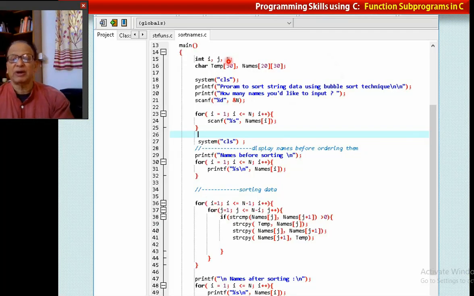So here I show you what I have written. We declare, please remember, temp is a character array, whereas names is a character matrix with 20 rows and 30 columns. Here I accept the value for n, how many names I want to input. And please remember, you have to just give names[i] within scanf, not names[i][j]. So you are going to input n names, maybe 5, maybe 10, etc. Then you print those names, then you do the sorting as I've explained just now using bubble sort, and then again you print the names which are there in the character matrix.